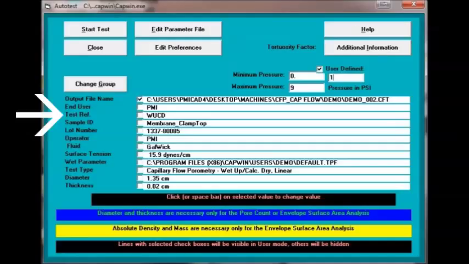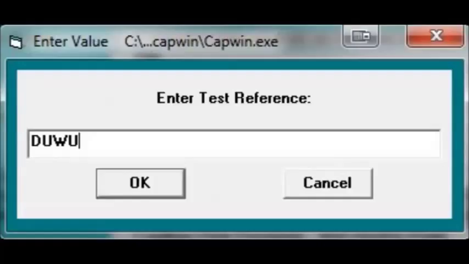In this case, the test reference is WUCD, which stands for Wet Up Calculated Dry, which is how we would run most membrane tests. In this case, we're going to change it to DUWU, which would stand for Dry Up Wet Up, running a gas permeability test before we wet the sample and run the wet test. Whenever you have dry up or wet up, it means that you're increasing the pressure from 0 when you run that part of the test. If it said dry down or wet down, it would be starting with a higher pressure